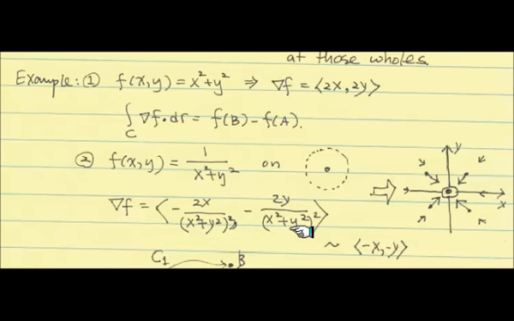That's a straightforward calculation. To visualize this nicely, because we have the same scalar factor, you can ignore that. Just to get the direction of this vector field, you can see it is parallel to negative x comma negative y. So these behave just like a gravitational vector field, going toward the inside like that. This vector field turns out to be conservative because over the entire region we have a nicely well defined scalar function, and the vector field is the gradient vector field of that. So if you do this integral along the path, it's always going to be the same, whether it's going around 0, 0 or not.